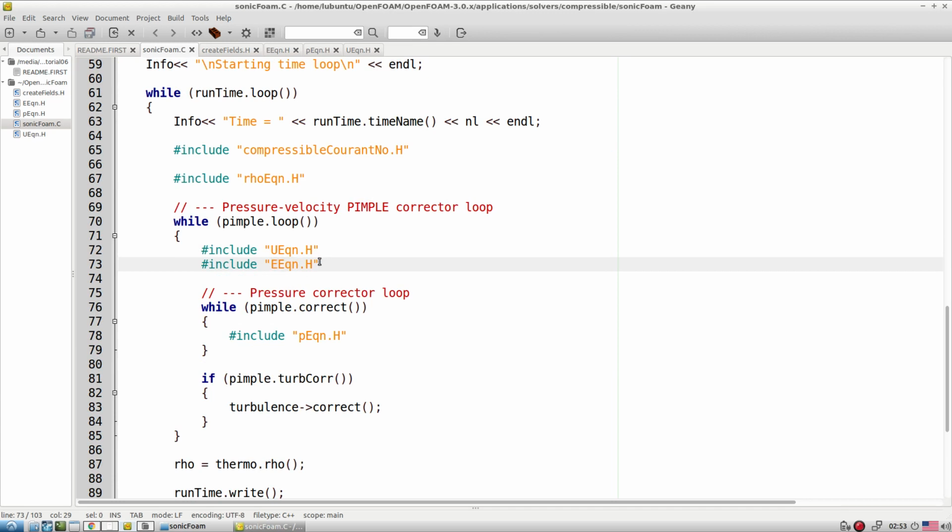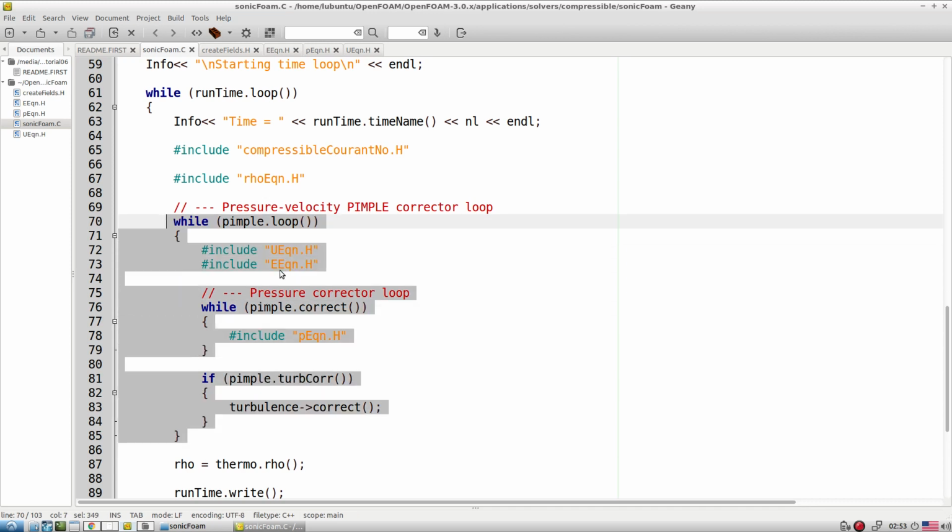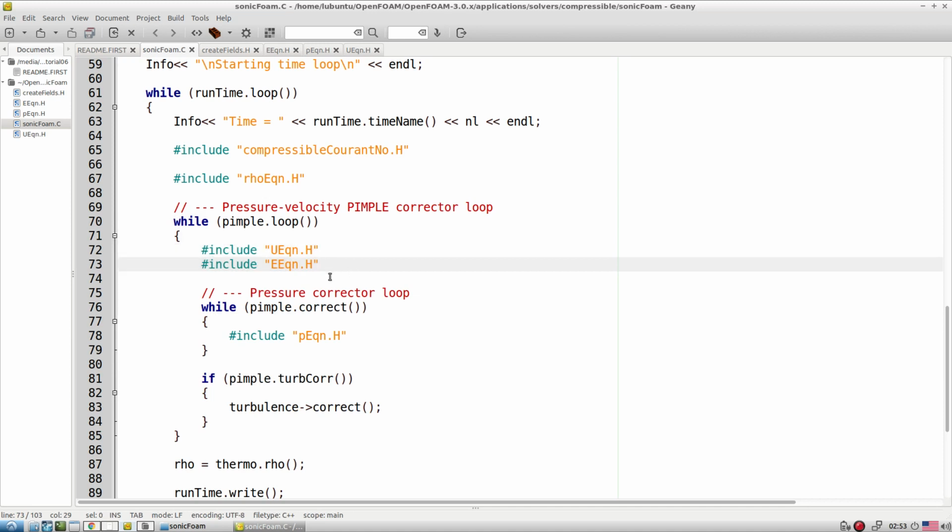Now look, here is sometimes a catch. When you are developing your solver, you have to think about this portion: is energy and velocity coupled somehow? If it is segregated, that means you think the energy equation is not highly coupled with the velocity, but the normal case of compressible is always coupled. So when we work with incompressible flow, we take this equation out of the PIMPLE loop. But in compressible flow, because they are always very strongly coupled, we have to look at the energy equation also inside the PIMPLE loop.